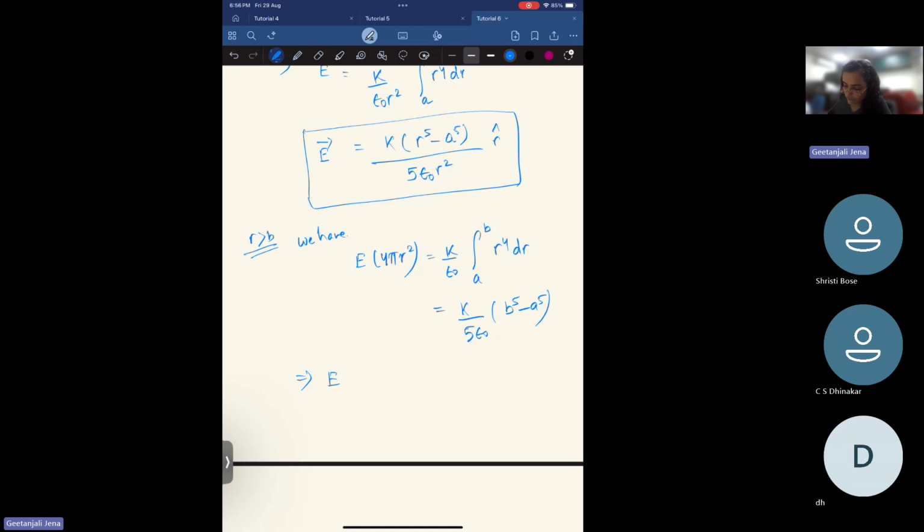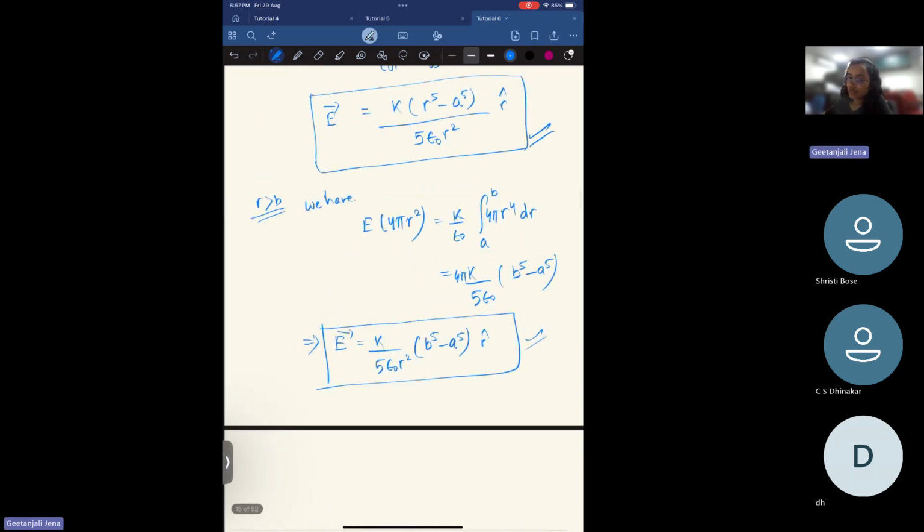So the electric field we will get is k by 5 epsilon naught r square, b to the 5 minus a to the 5. Okay. Now we know the electric field in different regions, all the space. So now we can use